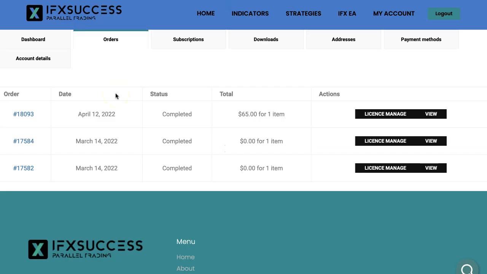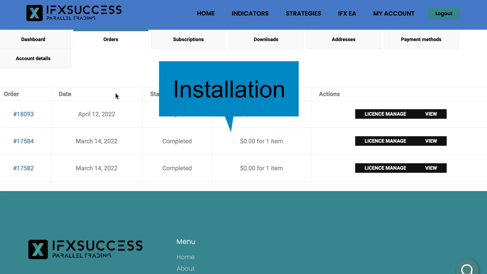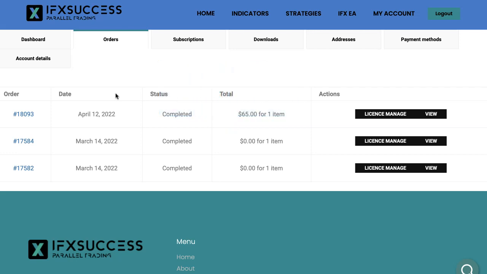Hi traders, and welcome back to IFX. Today we're going to talk about the installation and maybe some troubleshooting on the indicators. What you do is, when you purchase the indicators, you have